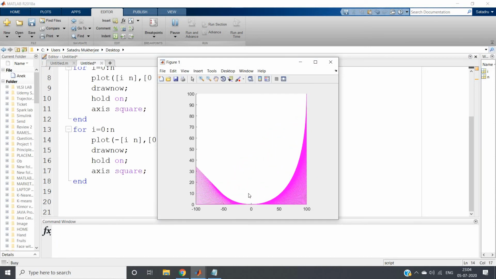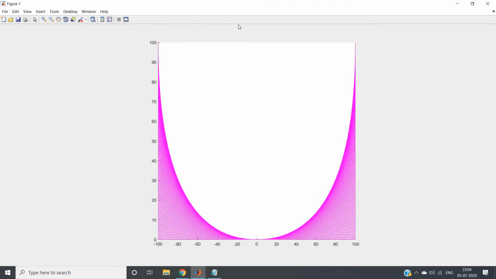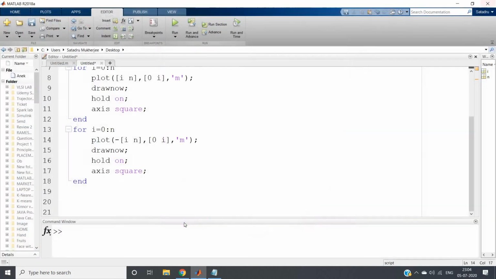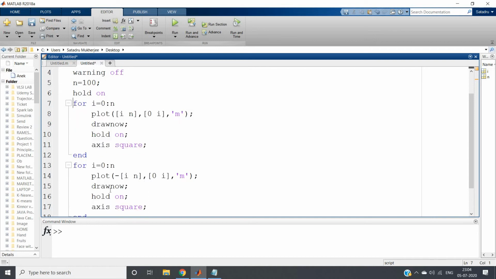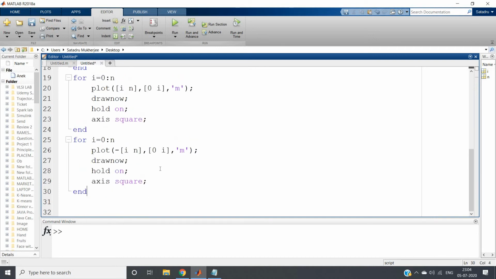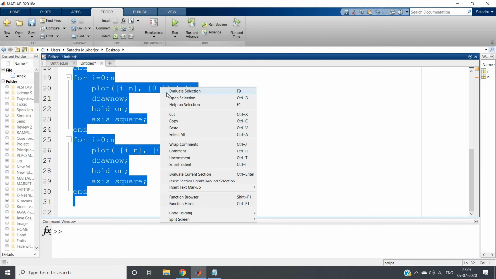See, this is the right-hand side and this is the left-hand side, working perfectly. Now we need to do the upper part. For that we have to take the reflection with respect to the x-axis, because we want to reflect the same figure in the upper part also. So we copy the same code and paste it here. Now we change the y coordinate, putting a minus here. Now let us check the animation.